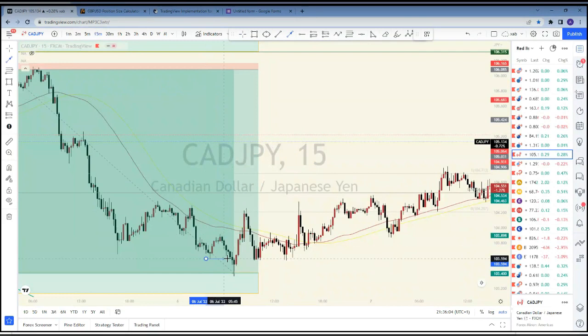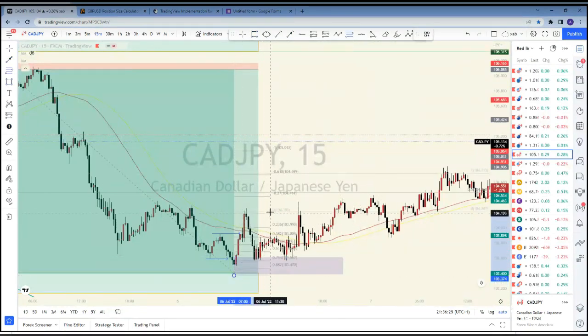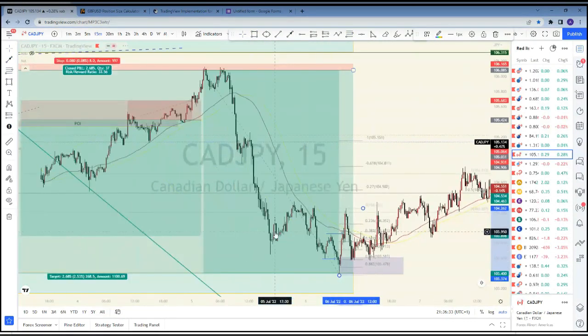We had this area here. Okay, then we broke structure higher here. All right, even though it wasn't a double break, we had one clear single break. And price came back into this zone, which all my students know what to expect around this area right now. Came back into this zone. You can see that was the confirmation for the buy, and this played out perfectly well.